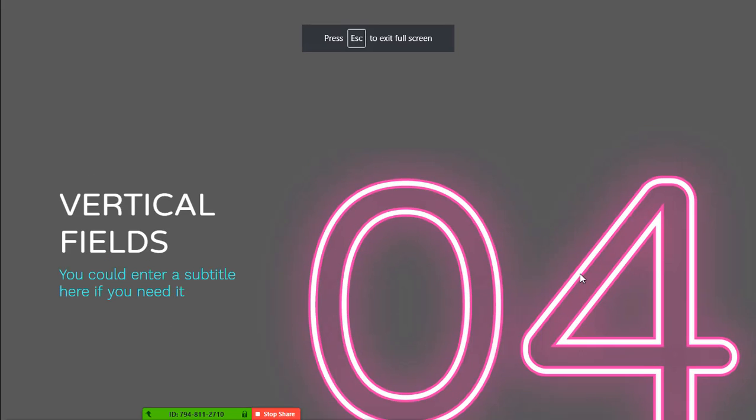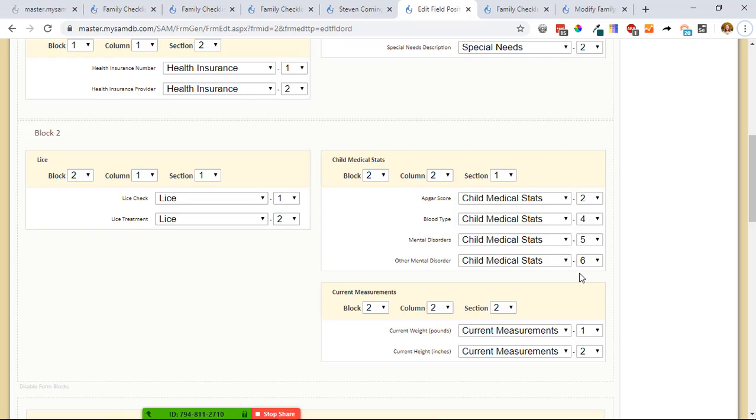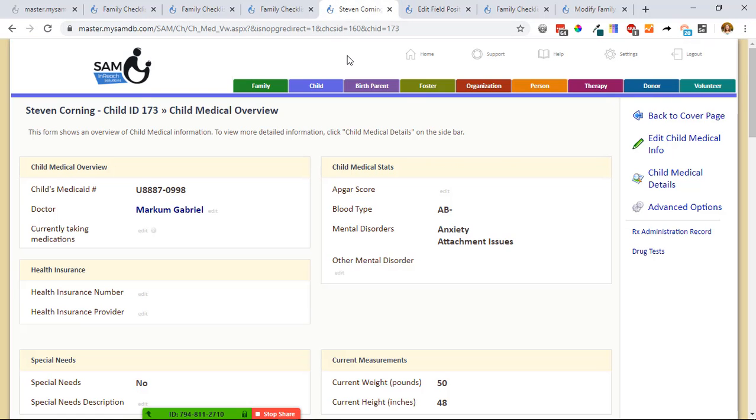Let's jump back over here. The last thing we'll talk about here is going to be fields. I've got this labeled as vertical fields because I think that it can sometimes give a nice look for edit forms. I think I prefer it for edit forms to view forms, but depending on the application of your form, it's something to play with, as well as the wording of the fields. So let me jump into